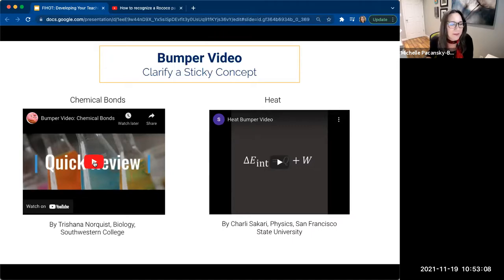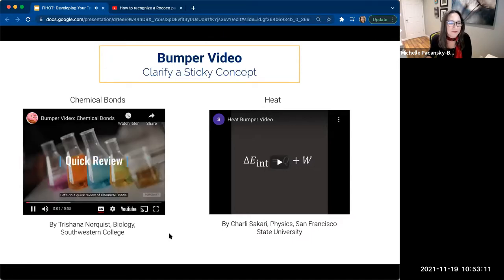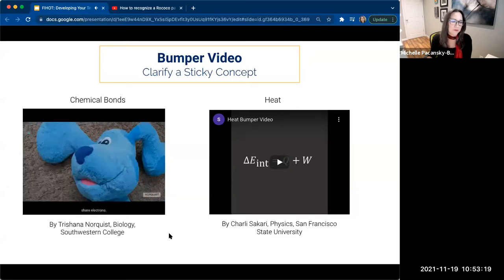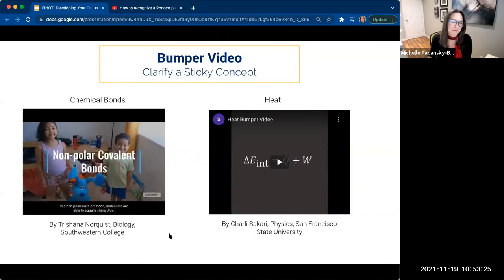Okay, here we go. Let's do a quick review of chemical bonds. Chemical bonds are the attraction molecules have to each other and the various ways they share electrons. Let's take this electron, for example. Their name is blue. In a nonpolar covalent bond, molecules are able to equally share blue.